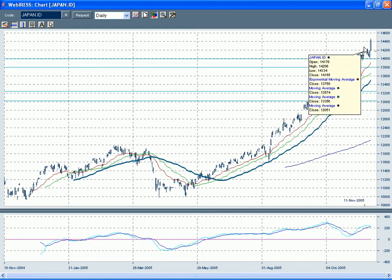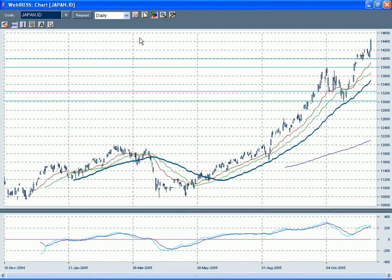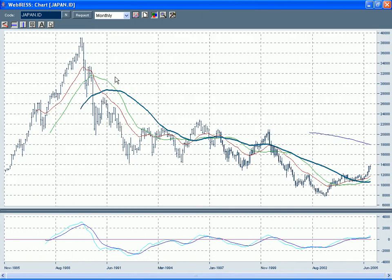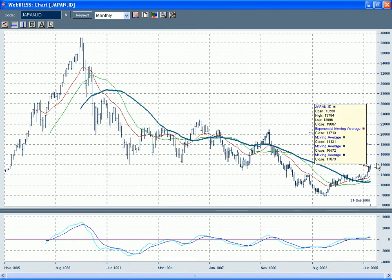What concerns me a little is the speed at which this is moving. I'm a little alarmed at it. It looks like it's gone too far, too fast. And if we switch to the monthly, you'll see that it has some very serious resistance to break through to decisively break through the 14,000 level. You can see that 14,000 is a very key psychological level, as it's tested it so many times over the years in this market. So I'm quite astonished at how quickly it's busted through that,